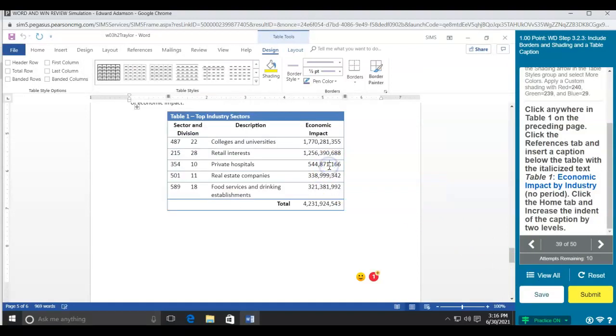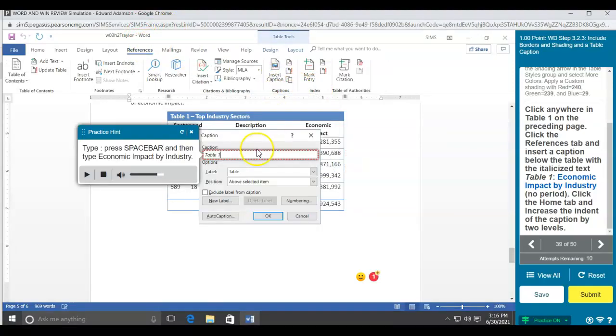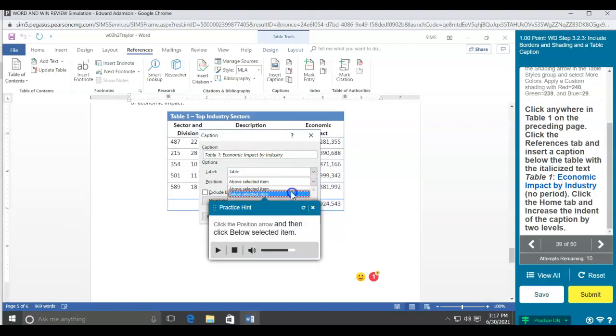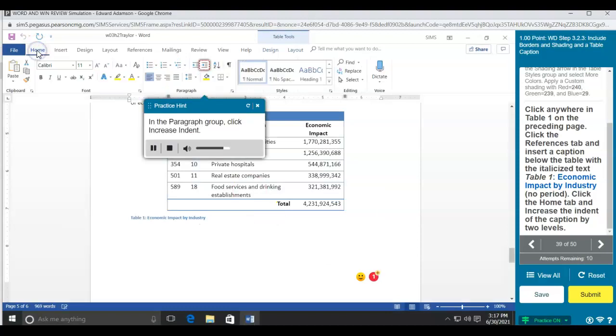Click anywhere. In the caption, type a colon, press the spacebar, and then type Economic Impact by Industry. Click the position arrow, and then click the Home tab. In the Paragraph group,